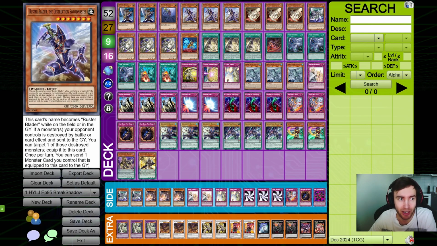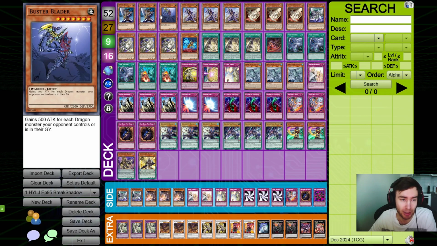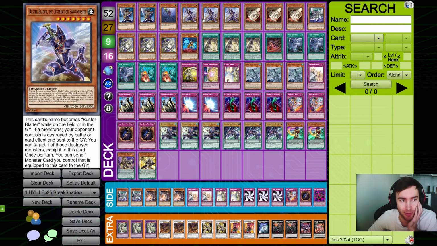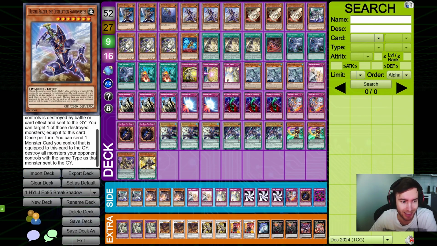We have 3 Buster Blader and 3 Buster Blader the Destruction Swordmaster. They're both level 7s. Buster Blader just gains attack for your opponent's dragons in their graveyard as well as their field. And the Destruction Swordmaster's effect triggers if a monster your opponent controls is destroyed by battle or card effect while Buster Blader is on the field, and you can send a card equipped to Destruction Swordmaster to the field to special summon all your opponent's monsters with the same type as that